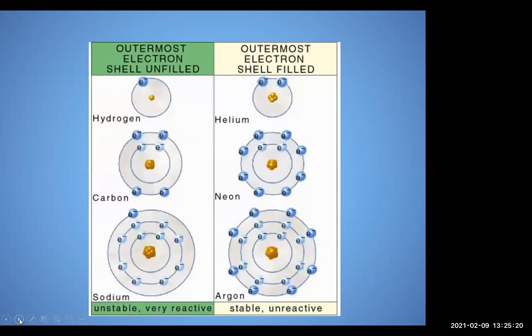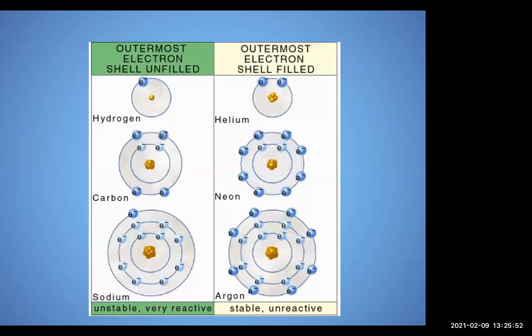So the noble gases again, helium, neon, argon, for example, have a totally filled outer shell. So helium has 2, it only has 1 outer shell. The first outer shell is happy with 2, so it's completely content with its 2 electrons in its outer shell. Neon has 2 shells, it has 8 in its second shell, and then argon also has 3 shells, but it has 8 in the outer shell. So these are all very stable.